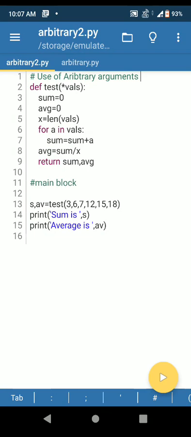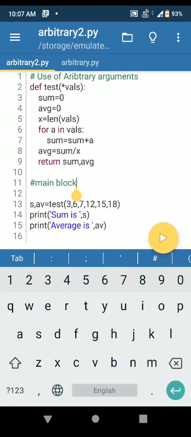That will make it a tuple which can accept any number of arguments supplied by the calling function. So in this function, you can see I have created two variables, sum and avg. Then I have taken the length of vals. So if you are supplying 7 values, the length will be 7. If you are supplying 15 values, the length will be 15.